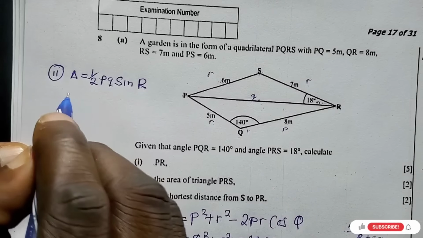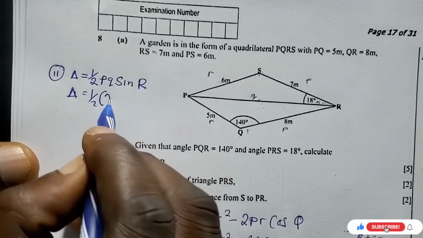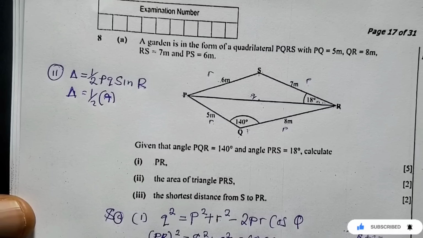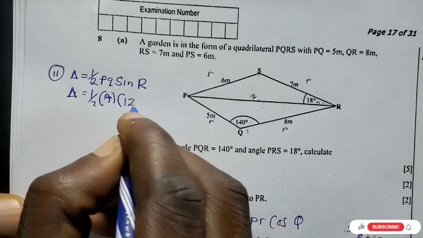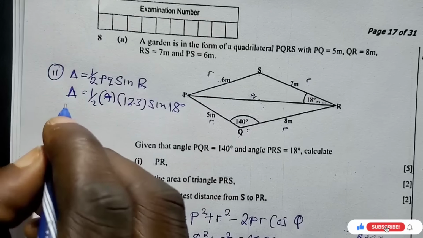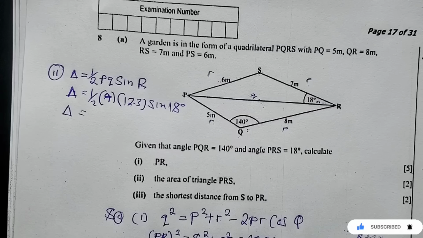So area is equal to half. What is P? P is 7. R, we've already calculated the R there, which is PR, which is 12.3, sine 18 degrees. Let's just punch everything into our calculator. So we're going to say 0.5, which is just 1/2, times 7 times 12.3 times sine 18. This is giving me